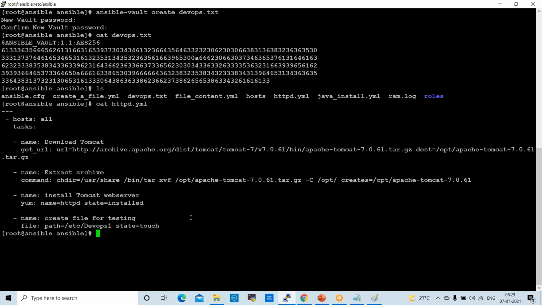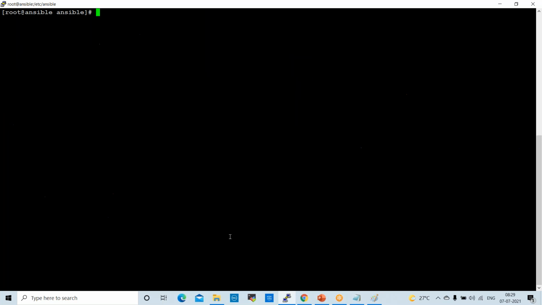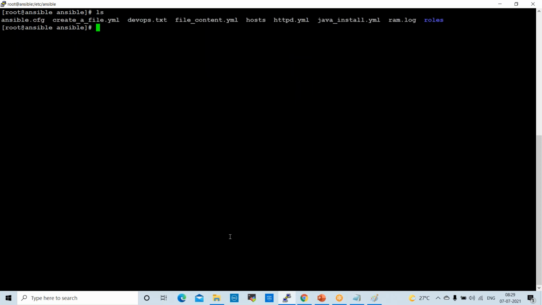So existing file, if you want to convert it, the same command we can use. I want to convert the HTTPD file into vault, for which the command here is ansible-vault encrypt, space, playbook name, HTTPD.yml.